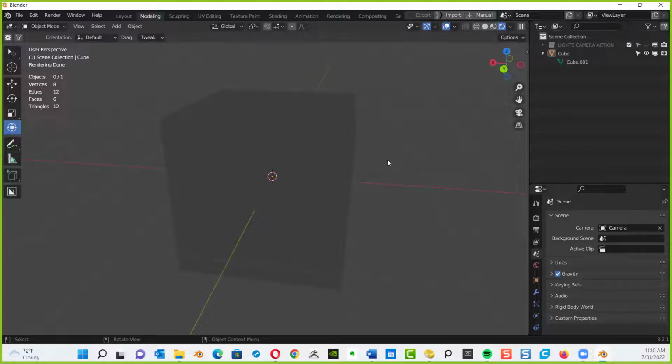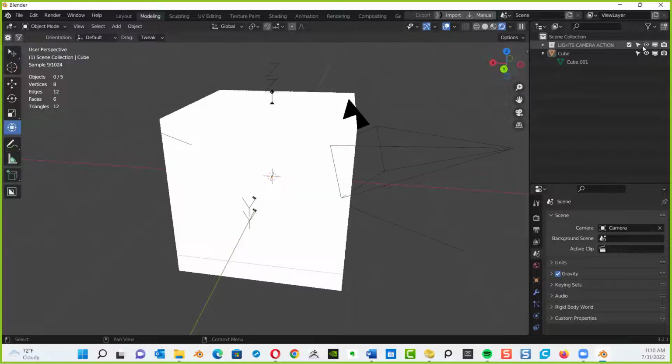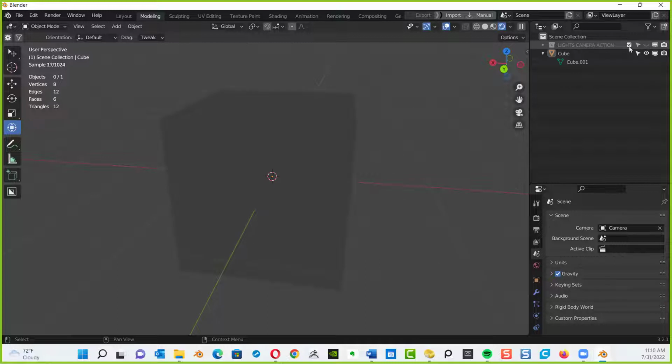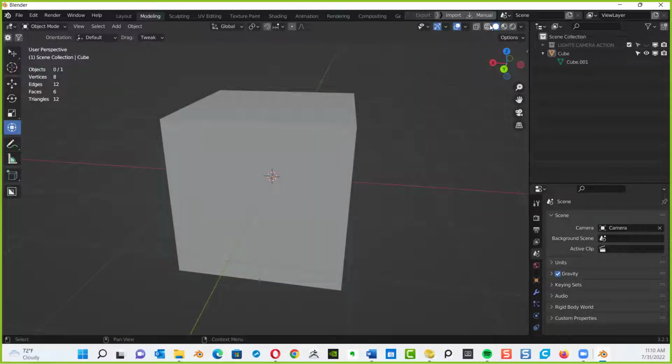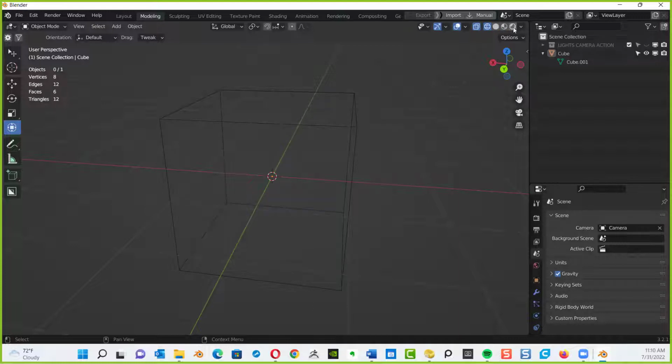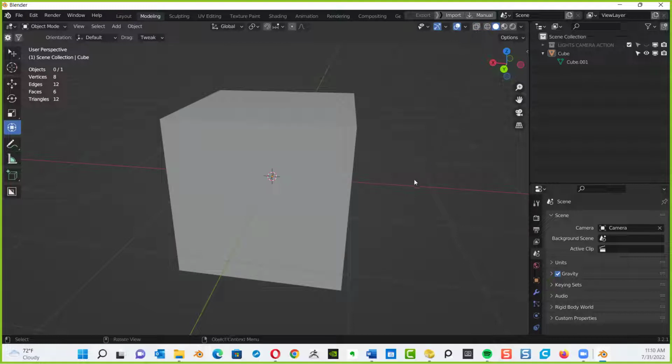This icon allows you to see your render. I can't see the render because my lights are turned off in the scene selection. If I turn the lights on, now I can see my 3D object. I don't want to worry about that right now. I'm going to turn the eyeball off on my lights, camera, and action and go back to my shaded view. So I want everybody to go to those icons and click on them and see the difference. Do that now. And I'm going to share with you when to utilize those viewing options.